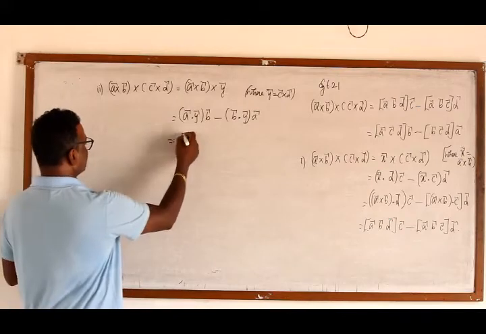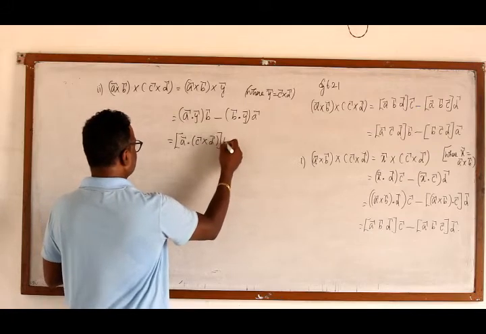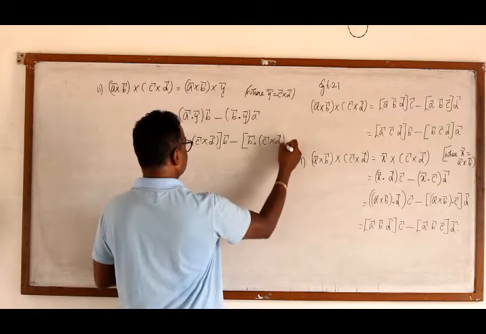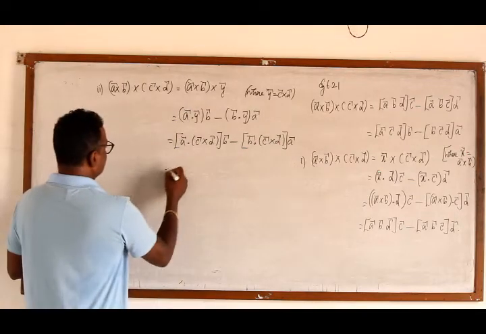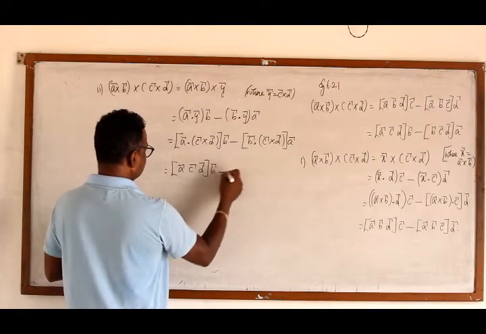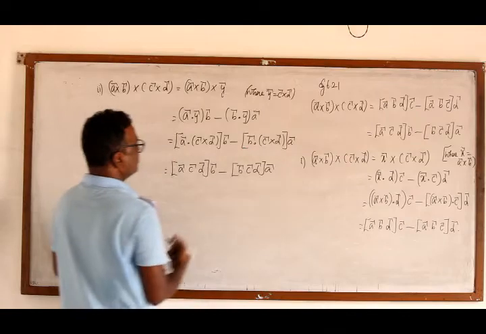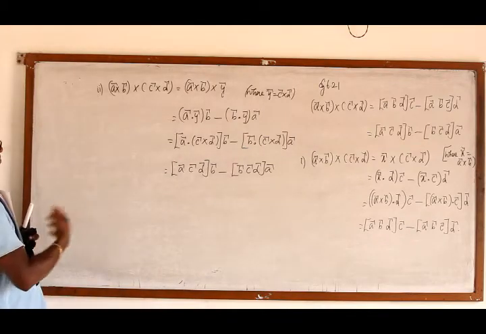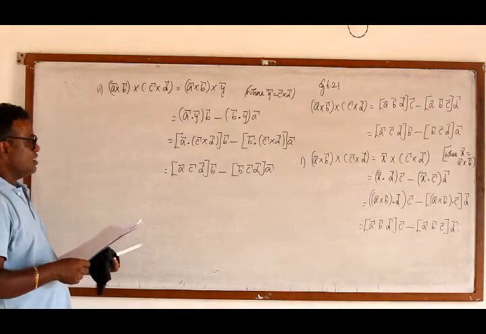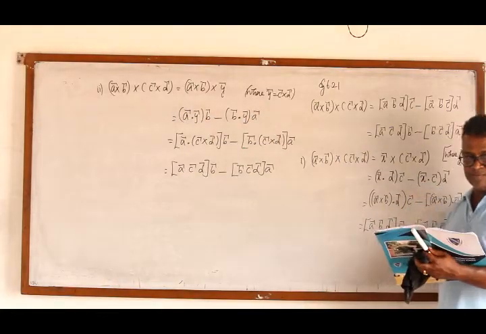Now we can substitute for this y. A dot (C cross D) into B minus B dot (C cross D) into A. A dot a cross product means box product. So ACD into B minus BCD into A vector. So we proved the second one also. So easily we can prove both values. This question is having 2 values, and both the values can be proved. Now with that, example 6.21 is over.